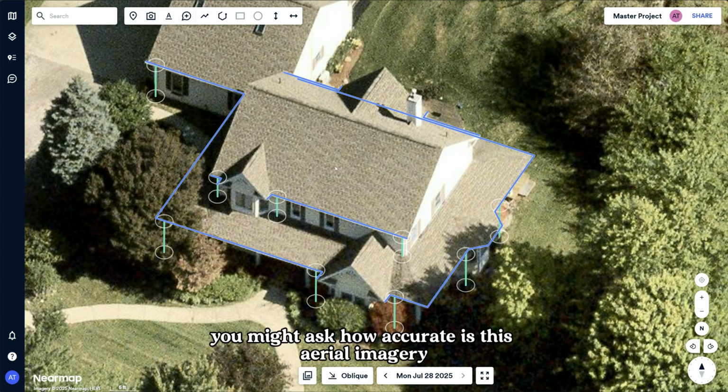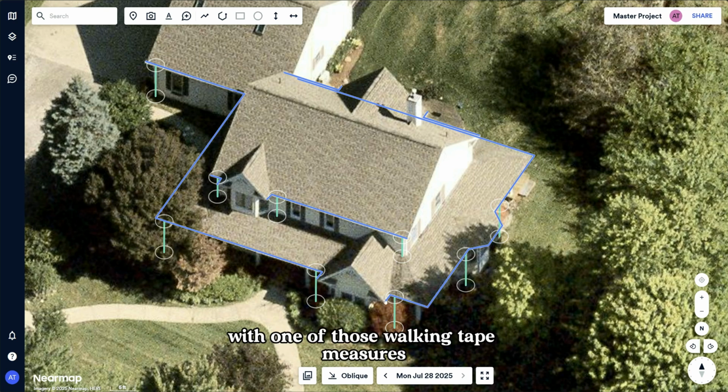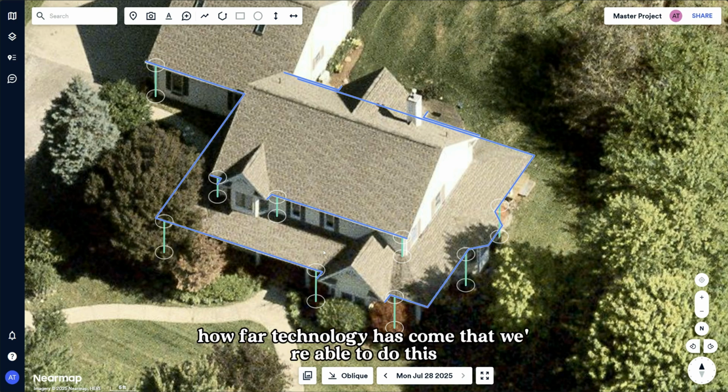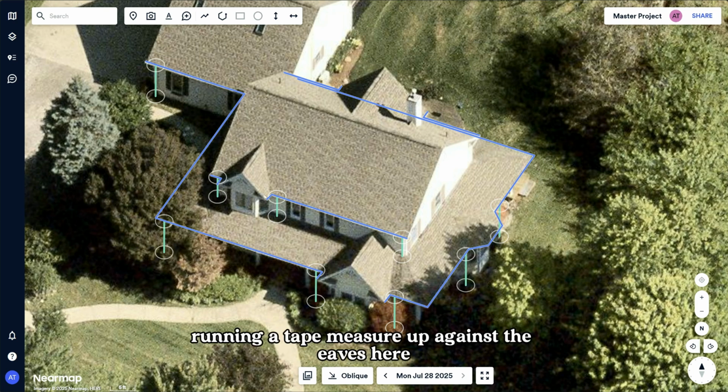Now, you might ask, how accurate is this aerial imagery versus a walking wheel? And actually, it's pretty comparable. If you're walking around the house with one of those wheeled tape measures, it's actually a little bit more accurate than that. We're accurate down to about an inch here on this type of aerial imagery, right? Which is pretty surprising how far technology has come that we're able to do this. But literally doing it this way is more accurate short of actually running a tape measure up against the eaves